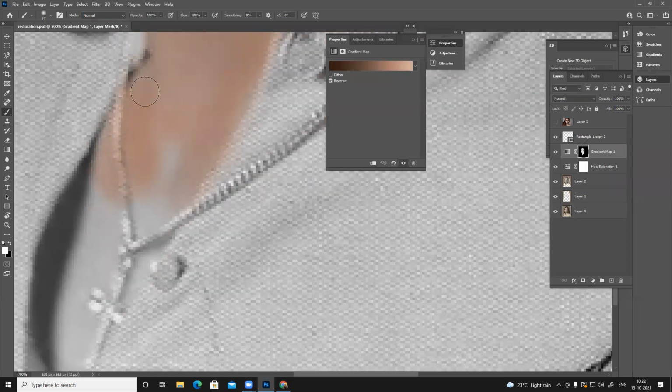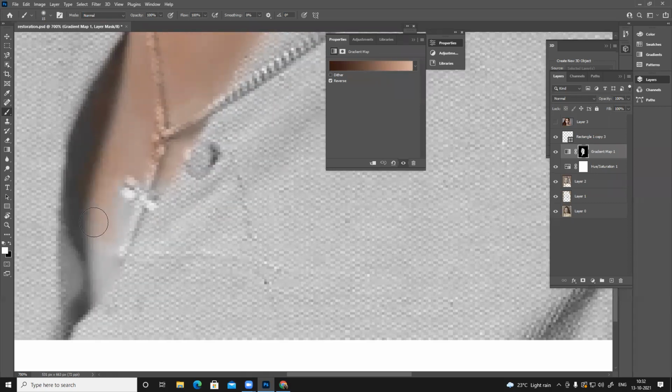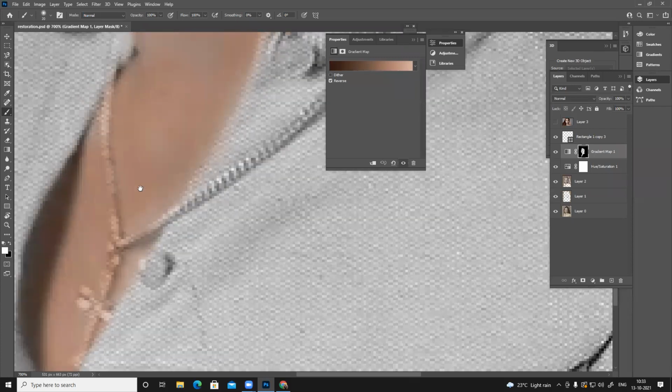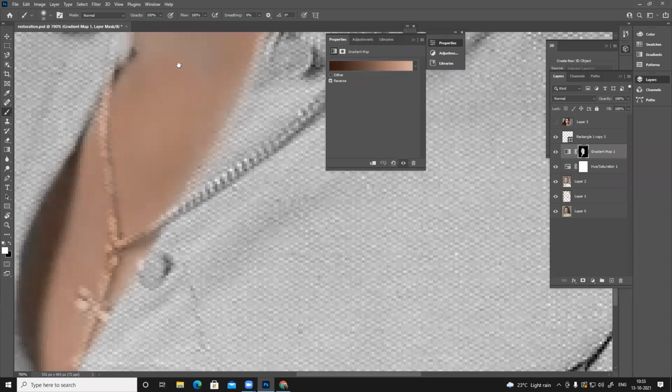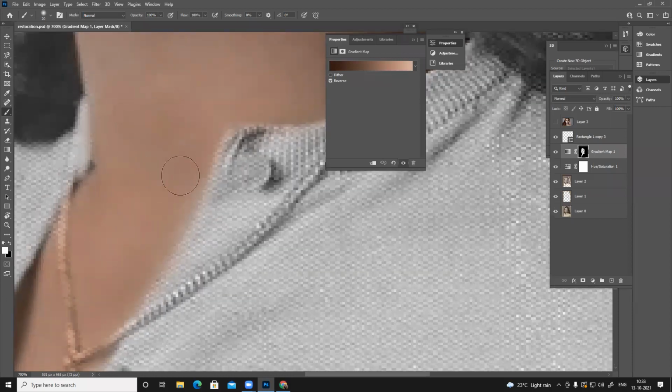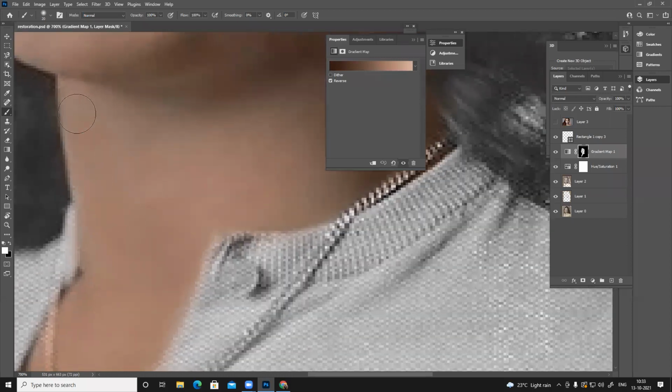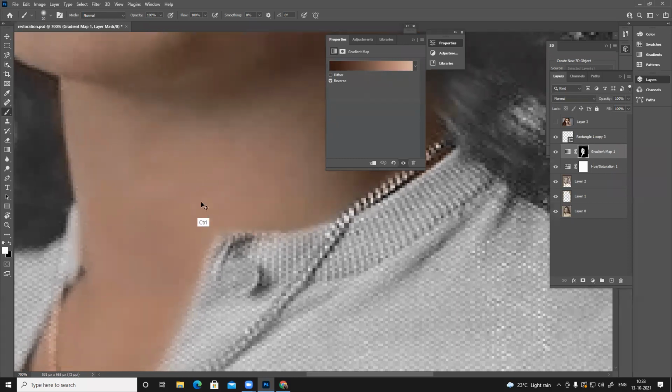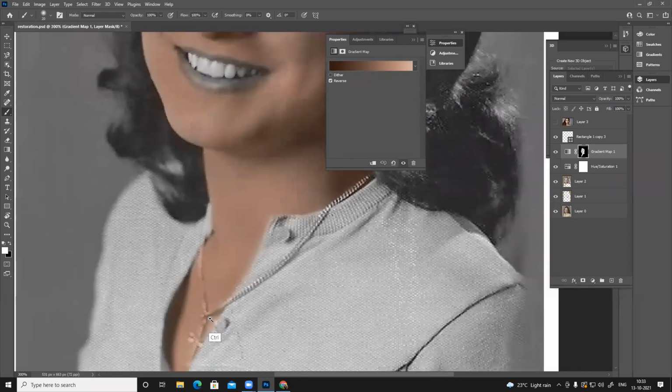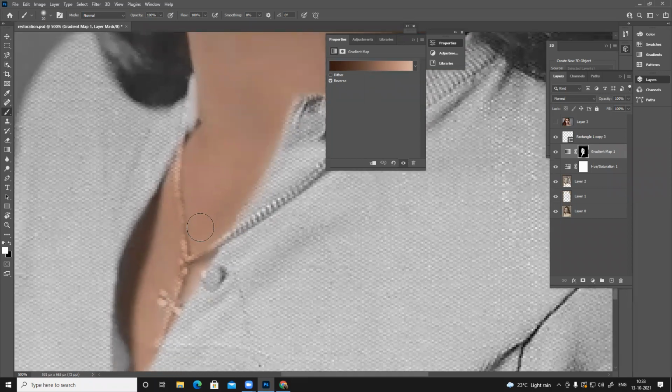We're going to paint over this and remove that mask. So this chain also has been painted, so I have to remove this from this mask.